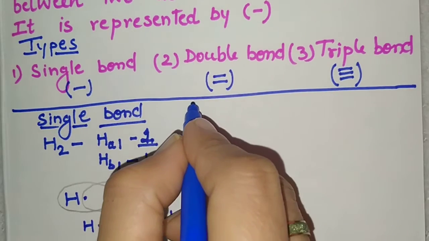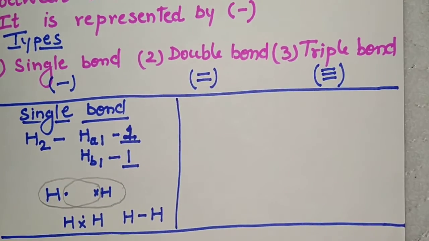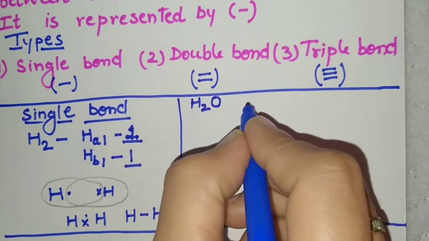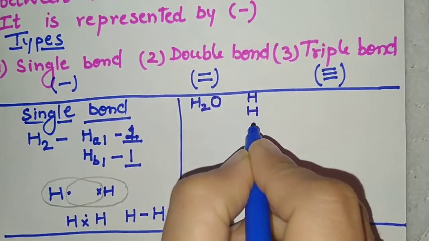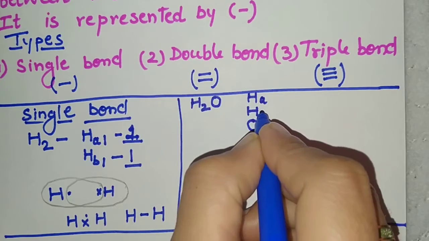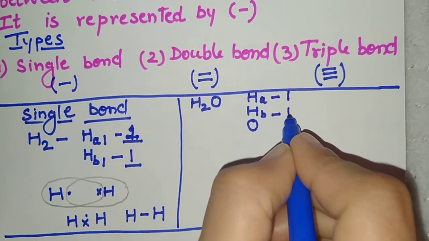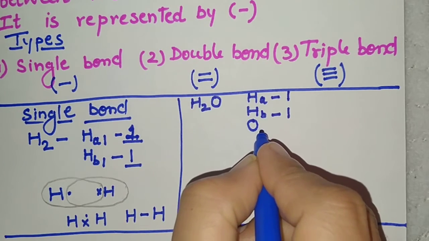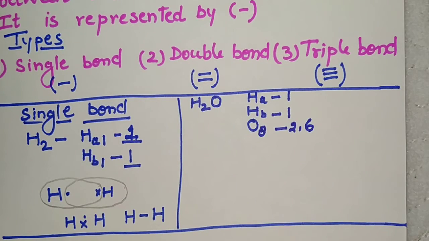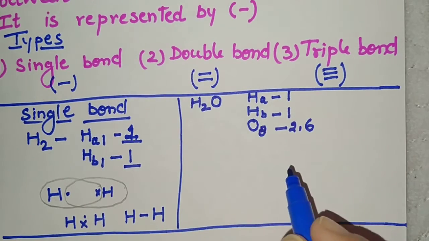Okay, now we are taking here one more example of water molecule, because this is a very common example. H2O, it consists of 3 atoms, H and O. Because 2 hydrogen atoms are the same, therefore we are putting here A and B for their distinction. Hydrogen's electronic configuration is 1. Here oxygen atomic number is 8, so it becomes 2 and 6. Now how to draw its structure?